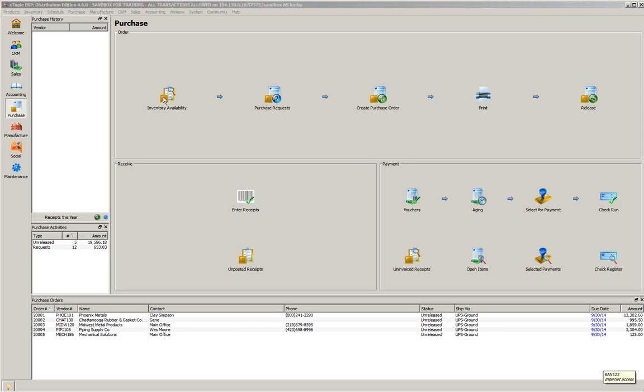So you can see here you've probably checked the availability first of the item. Now we'll get into purchase requests in a second. You can create a purchase order right from here just by clicking on that icon. You would print the purchase order and then you would release the purchase order. So it kind of steps you through the process. And then it gets into the receiving side of things and then the payment side of things, all relating to the purchase order. So in order to create a purchase order, you would click on Create Purchase Order from here,